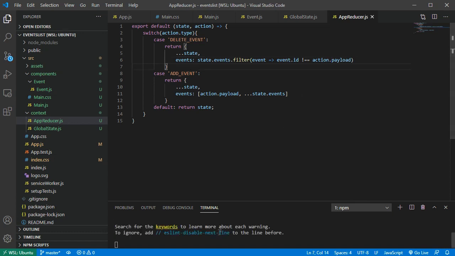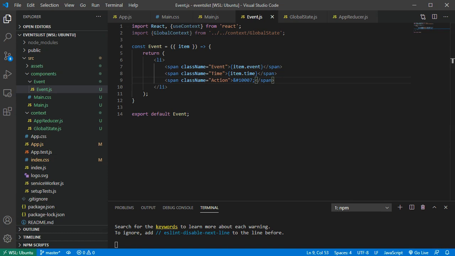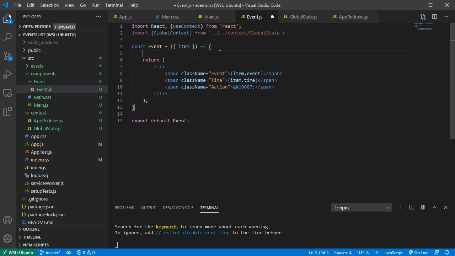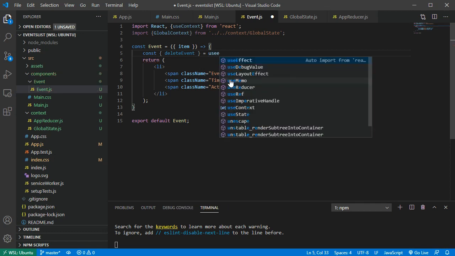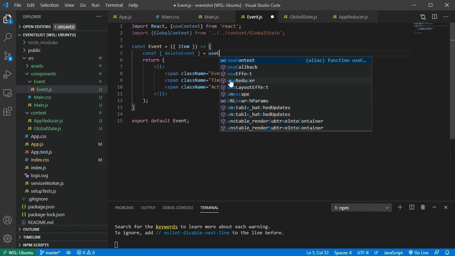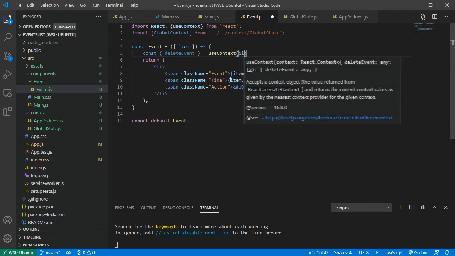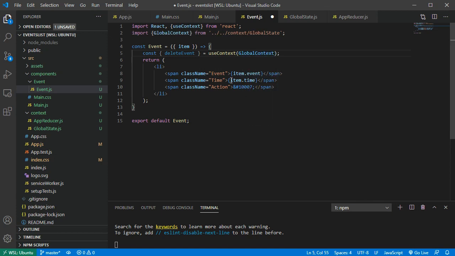Okay, this looks fine here. We save it, and now let's go back to the event.js file. And in the event.js file, we want to call the global context here. So we have const, and we want to get the action. So we have deleteEvent. We want to call this action from the context. So we have useContext, globalContext. Okay, now we have this deleteEvent,